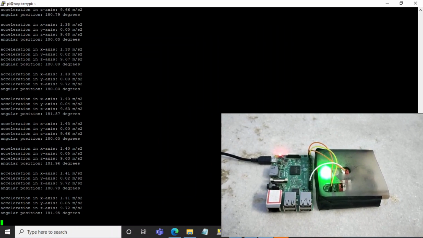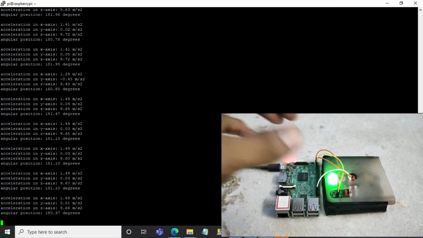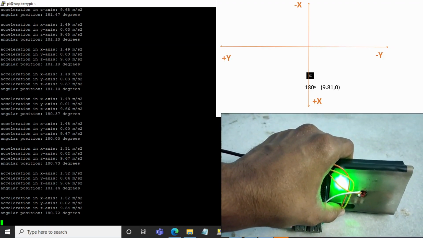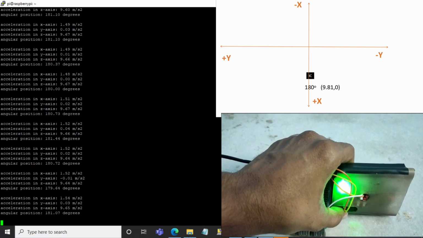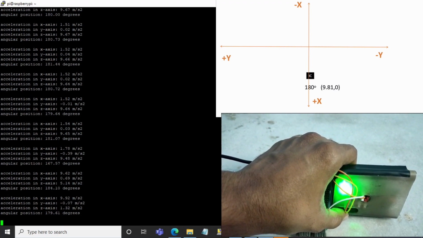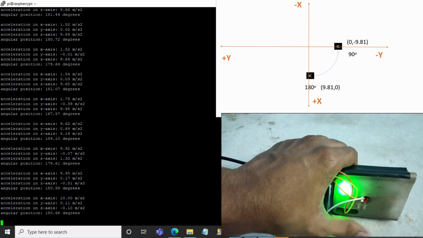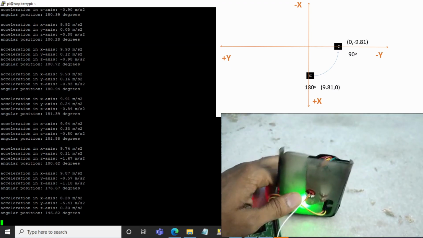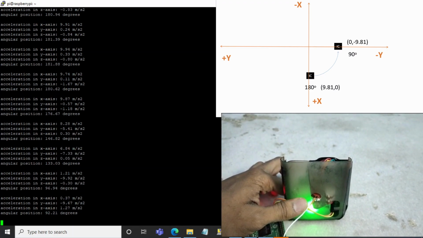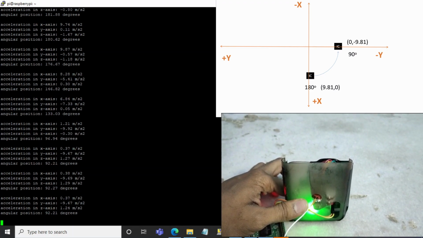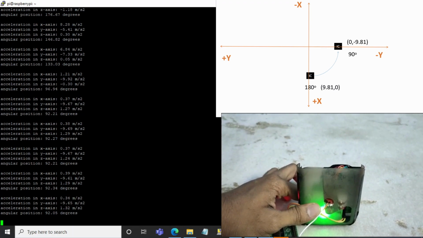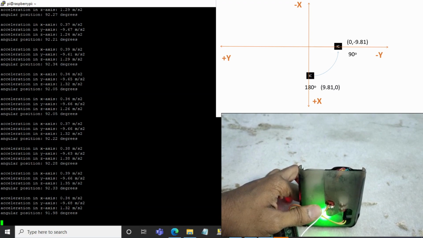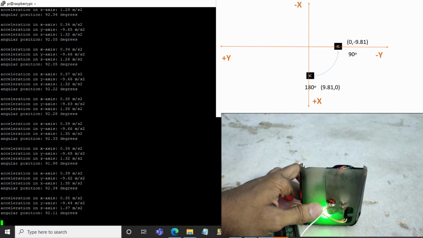Now let's check the orientation measurement. As of now, the angular position is around 180 degrees. Let me just rotate it in the anti-clockwise direction by 90 degrees. Now the angular position has changed to 90 degrees. Now if I rotate it in the anti-clockwise direction by 90 degrees more, then the angular position should be around 0, right?